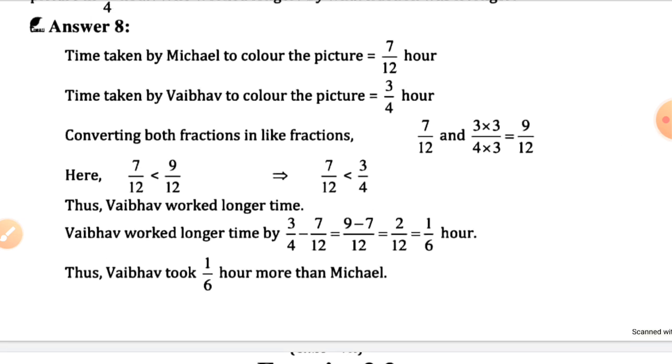In the next video we will continue with exercise 2.1. Till then you practice lesson number 1 and you have to write all the examples in your fair notebook. But don't directly write all the examples in the notebook. First you practice in a rough book, try to understand all the examples, then you write in the notebook.